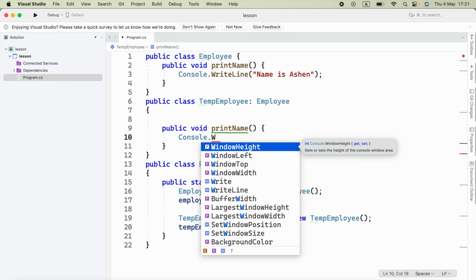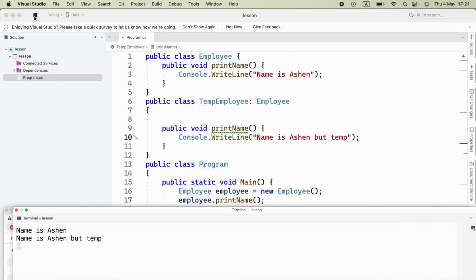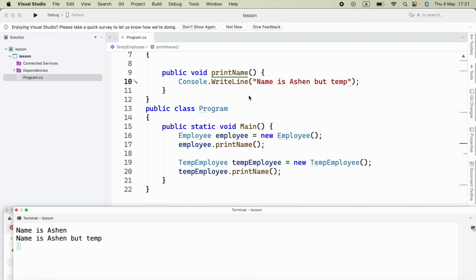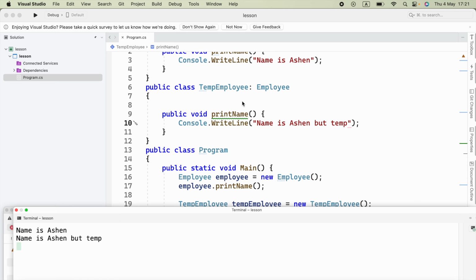Console.WriteLine, I'm going to print name is Ashane but temp. Okay, now we can see this is individually printed, the Employee base class and the TempEmployee which is